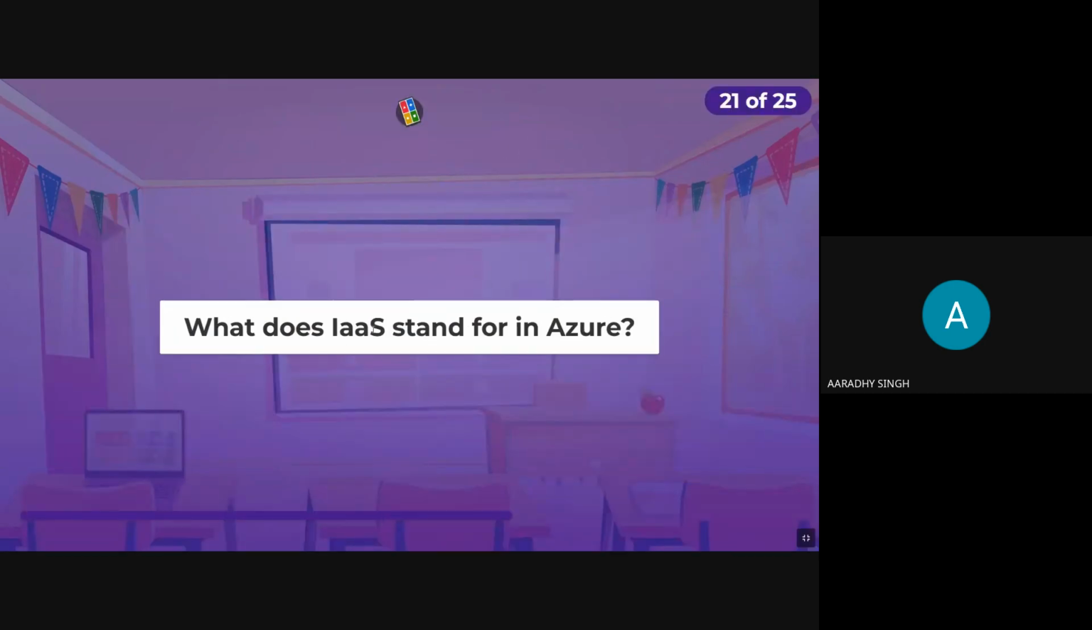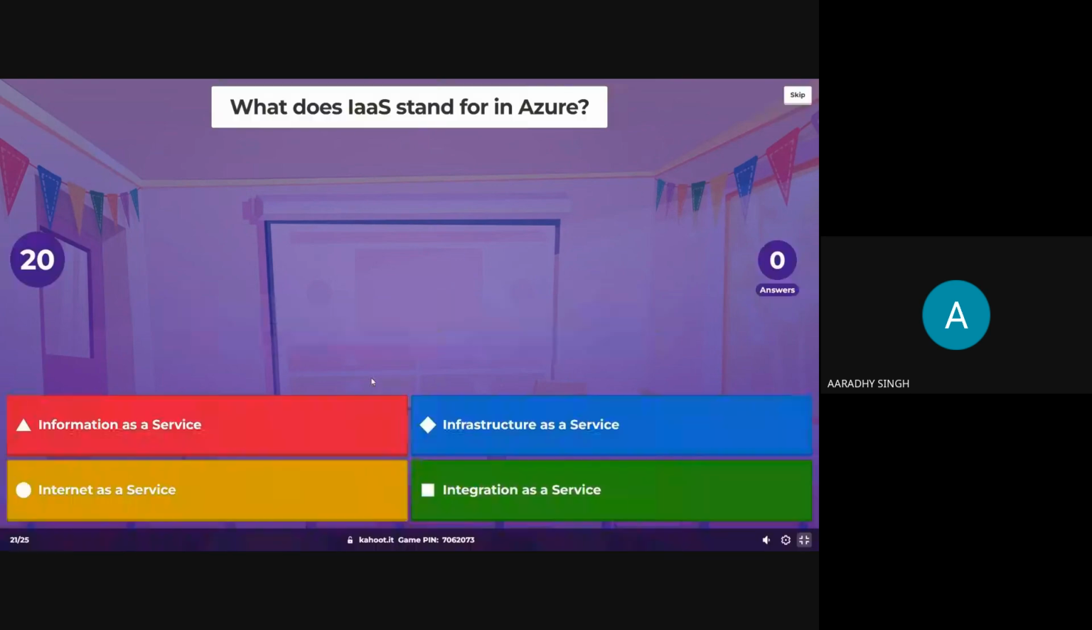What does IaaS stand for? IaaS stands for Information as a Service, Infrastructure as a Service, Internet as a Service, or Integration as a Service. IaaS stands for